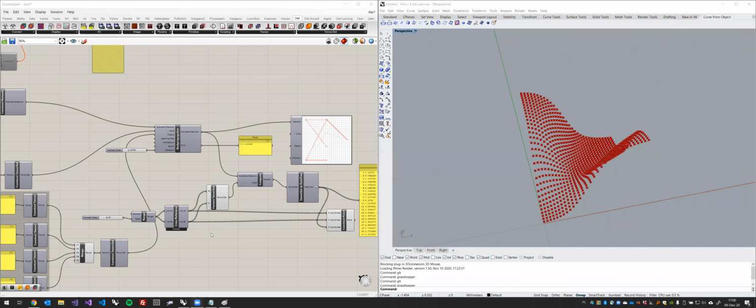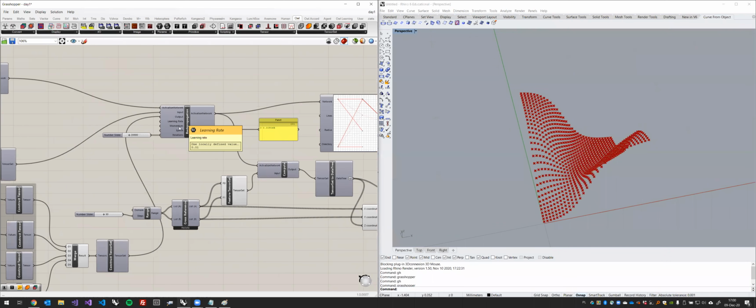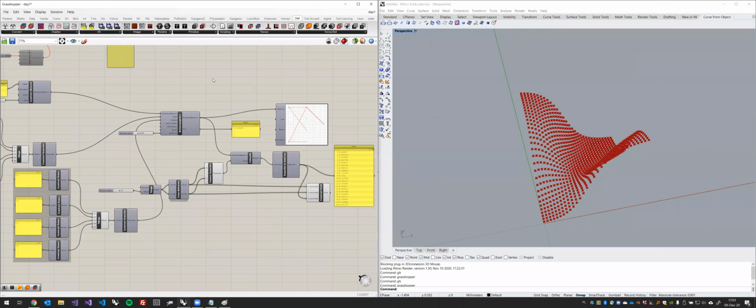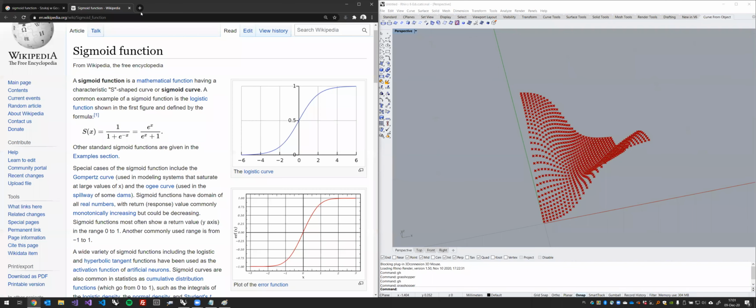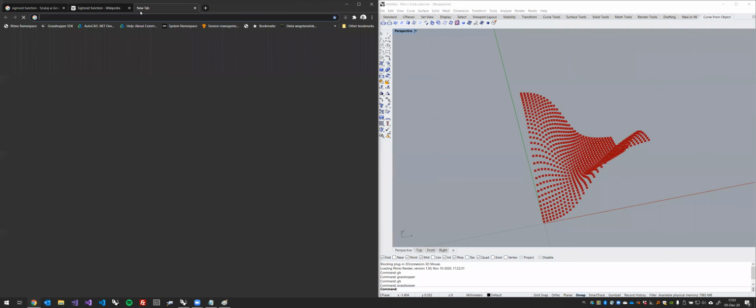Okay, so back to the network. We'll talk about learning rate, momentum, and how it relates in TensorFlow. Because if you are not going to use TensorFlow or any other library for machine learning, you can skip it. But for those of you who would like to relate this to what is in TensorFlow, yeah, so TensorFlow